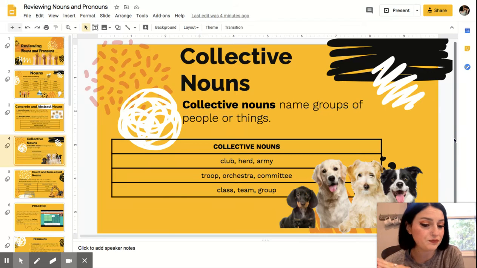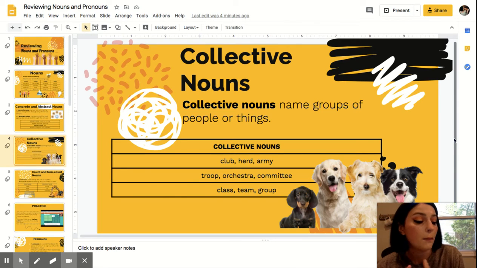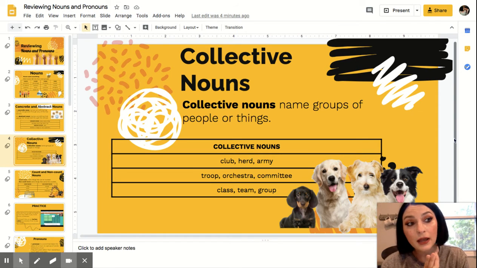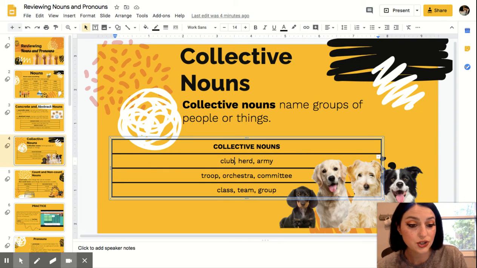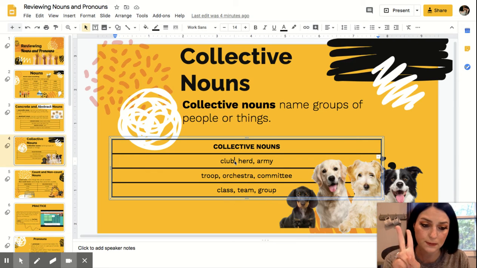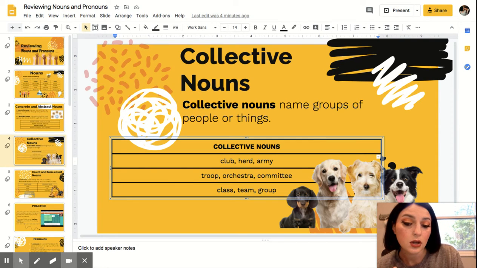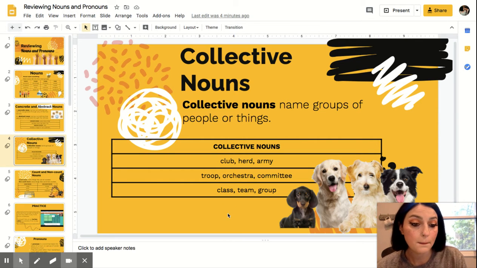That's another thing too. On your practice, it'll talk about plural and singular. So plural is more than one. Sometimes a plural noun could have an S at the end. It doesn't have to though. For example, all of these collective nouns are also plural. Club. If you have a club, actually, I lied. Club is not plural because you can have one club. Clubs is plural. So club, singular. Clubs, plural. So typically, if it has an S at the end, it is plural, but not always.